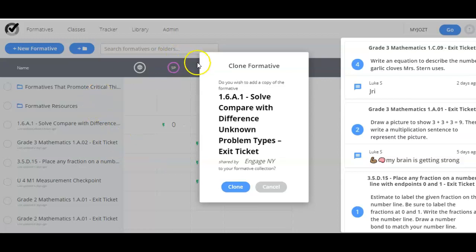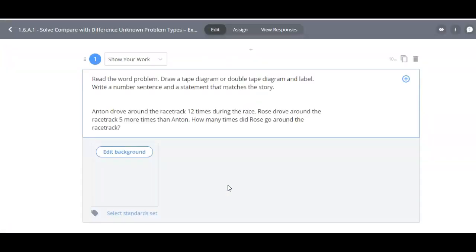I'm already in my account that I've set up, and if you need help setting up an account, I can help you with that. And what you want to do is clone it. So I'm going to clone it. And then once it's cloned, you can see it's the same exit ticket that's in their book. But it's cool if they do it this way because it's really easy to see them. You can actually see them all doing this together on the wrap up,